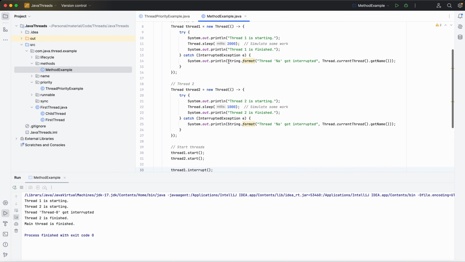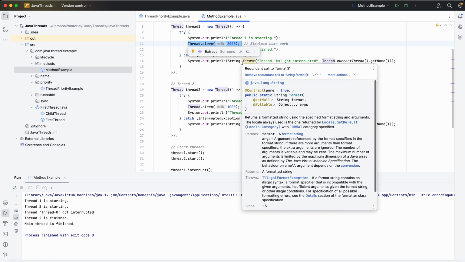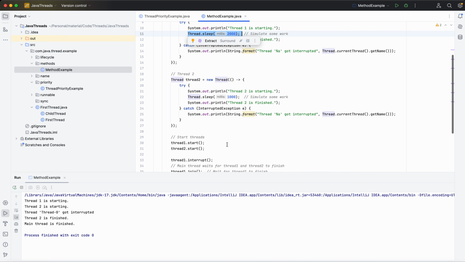Since we caught the exception, it just got interrupted and it did not finish. The thread 1 did not finish because of this interruption, right? And it did not wait for the specific period of time whatever we mentioned here. When we are in the waiting period, the thread got interrupted and then it's finished, right? These are the important methods in